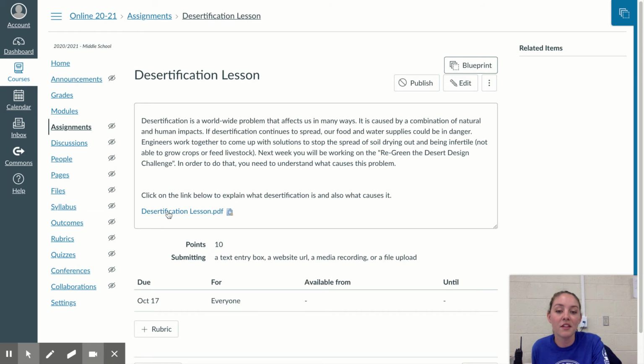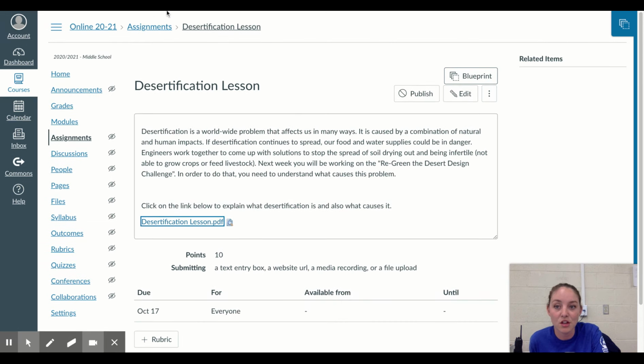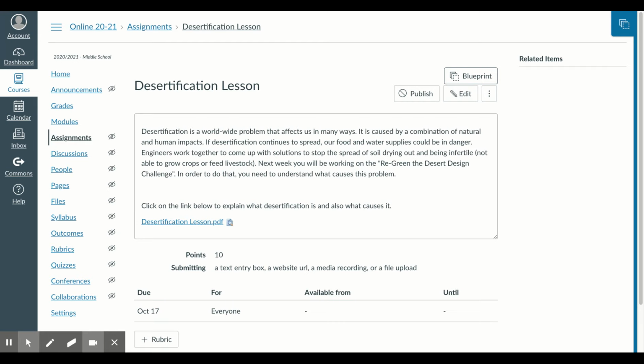So you're going to click on this link, which is going to take you here. And I have some links here. You're going to use this infographic, which is linked right here. What it does is it shows you by continent what is causing desertification. So also based on population. So as you can see, Asia and Africa have bigger circles because more people live there. And if I look at the colors, it's telling me that blue, 32% of Asia is